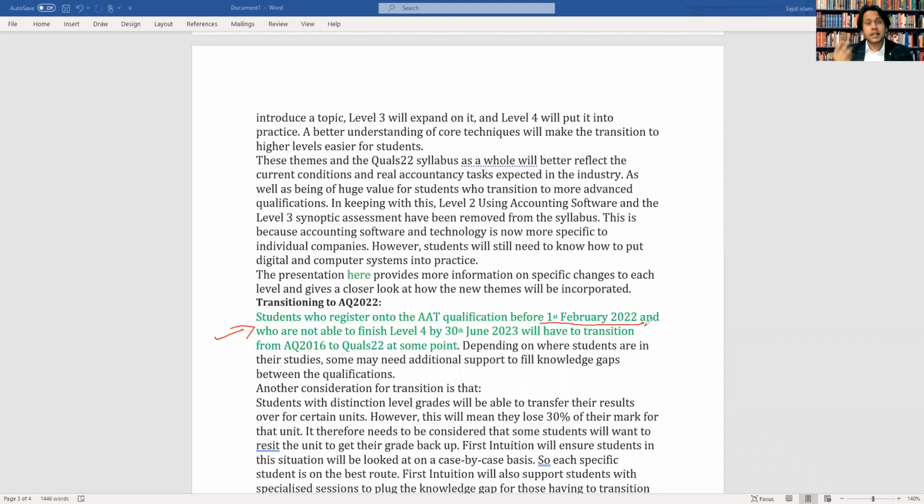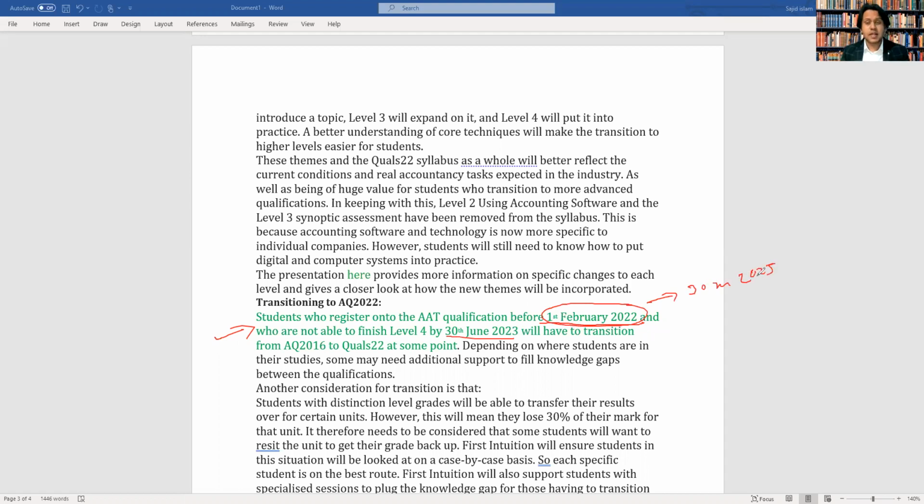So if you started your paper before 1st February 2022, and if you are unable to complete your level 4 by 30 June 2023, because from 1st February 22 to 30 June